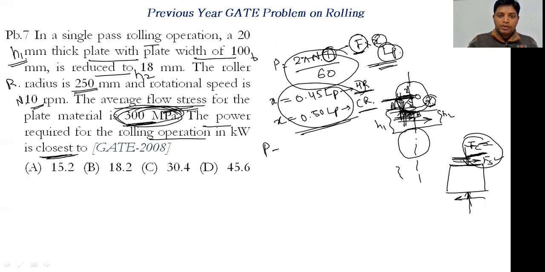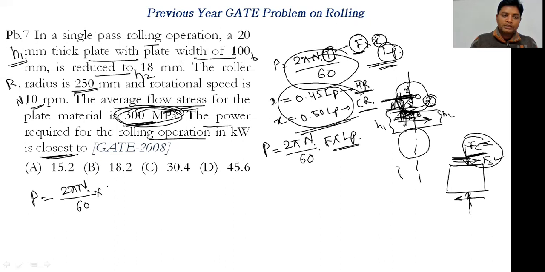ओके, सो आई एम जस्ट कन्वर्टिंग दिस P, दैट इज 2 pi N upon 60, और tau t जो की वैल्यू है दैट इज F into x, दैट इज LP I am writing over here। okay, now this P will be equals to again 2 pi N upon 60, F की जो वैल्यू है दैट इज force, so that is flow stress into projected area। okay, so flow stress I am presenting over here, that is tau, that is into AP into LP।